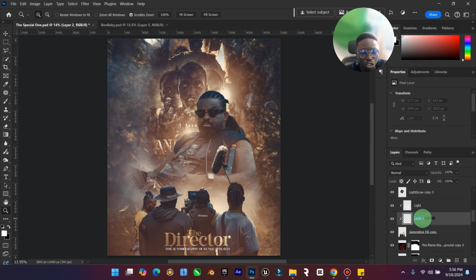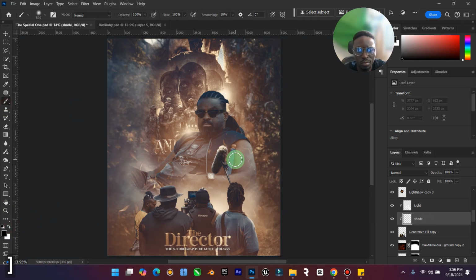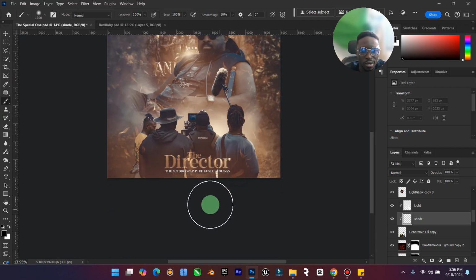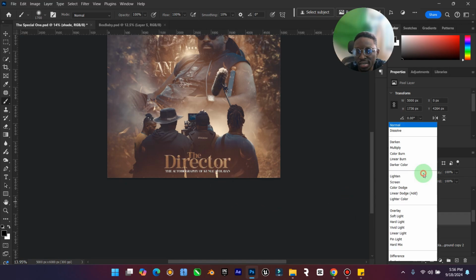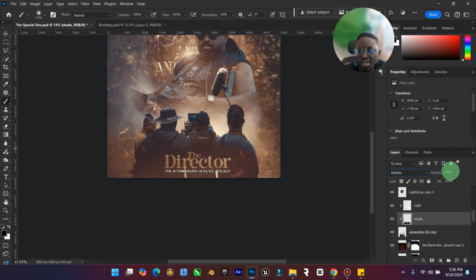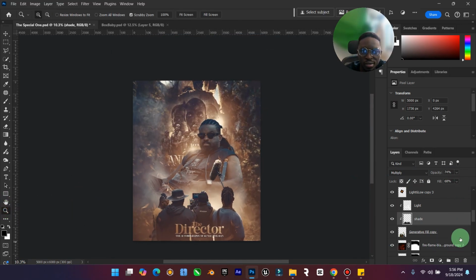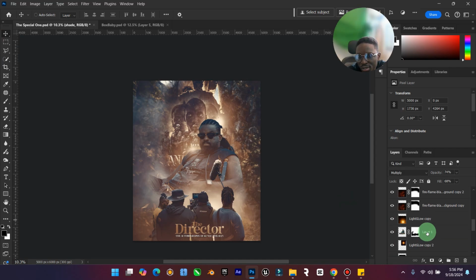Then same thing with the shade. We'll add some shade to the back of these guys, and use multiply, then reduce this stuff slightly. So yeah, if I turn it off now, you can see it is flat. Now it gives this realism. So you can do the same with Kunle Afolayan. Just add,